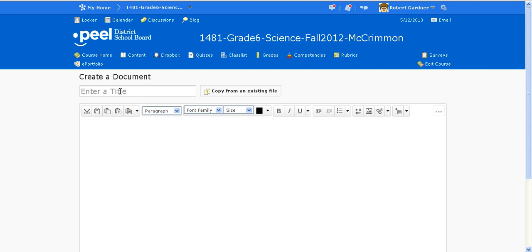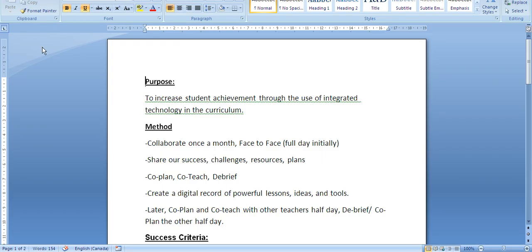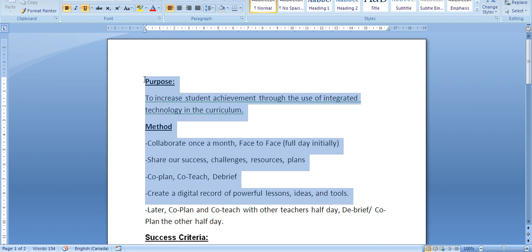It is possible to upload a file directly from Word. However, you would then not have the ability to edit it once in the system. To demonstrate this process, I am going to open a Word document. This is a document that discusses an integrated technology lesson plan. I'm going to copy this work